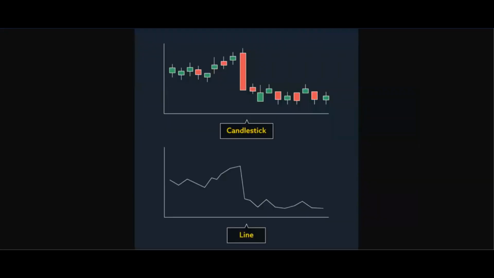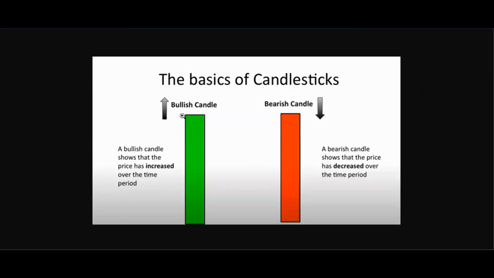We prefer candle charts over line charts as candle charts provide more detailed information regarding price movements and also help us in tracking the trends and behavior of the traders. Here we can see two basic candles where the bullish candle in green indicates an increase in the stock price, whereas the bearish candle in red indicates a decrease in stock price. So whenever a stock price increases and we are using a candle, then the candle will be formed in green color. Similarly, when the price of the stock drops, the candle will be formed in red color.